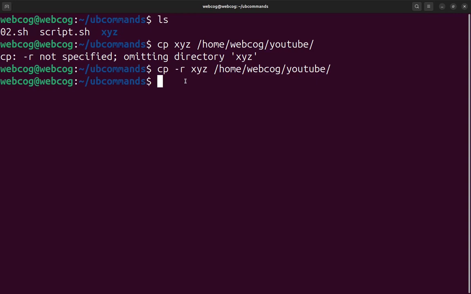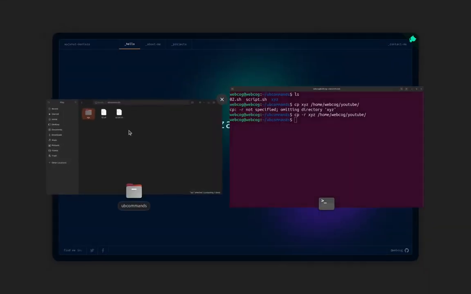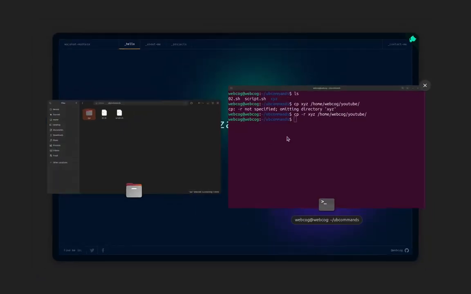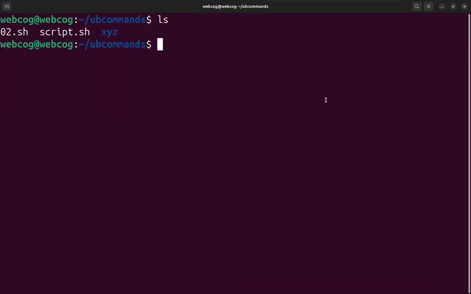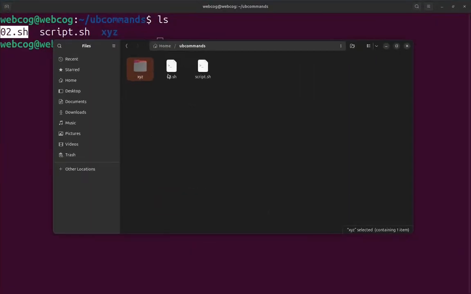So the next thing we can use is the mv command. The mv command is similar, but it is used to move files, not copy and paste. It will move the file from one path to another. I'll explain it. If I type ls, we have our file by the name of 02.sh. I want to move this file from here to